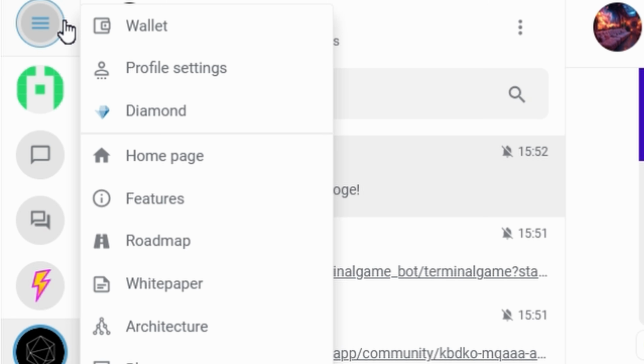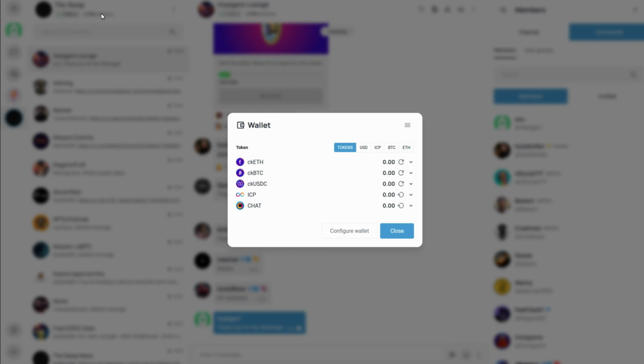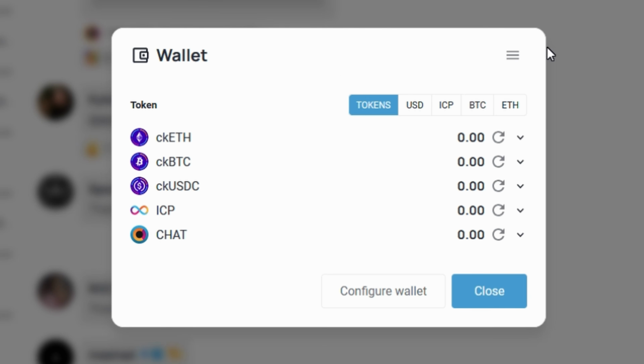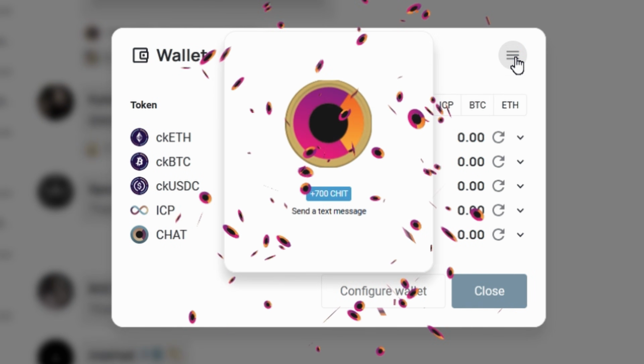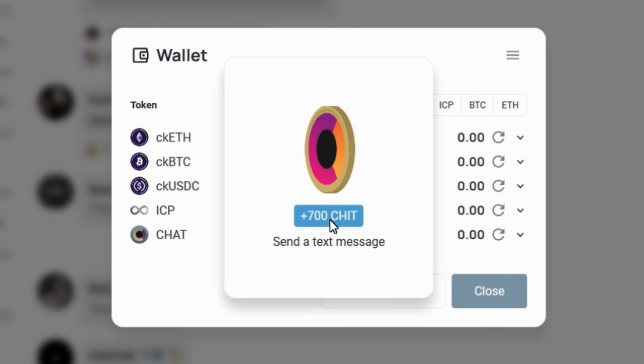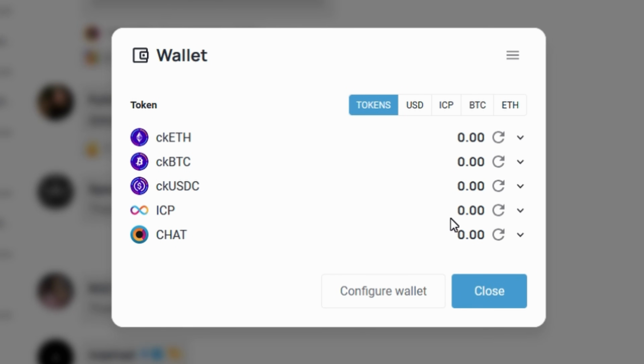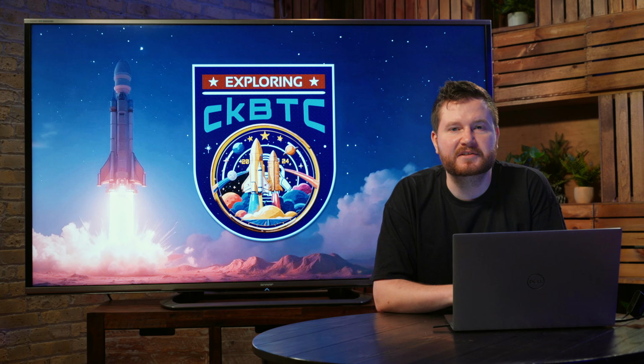So I mentioned rewards, and you may even get tipped. So I'm gonna show you how to access your wallet where you can find those. Go to the top left hamburger menu, click that, scroll over to Wallets, the top option, and now you have the wallet on screen. In your wallet, you can configure it and see all these different ecosystem tokens or add other ecosystem tokens to it. Or you can send things like ckBTC or ICP or even CHAT. As you can see, there's a lot of great things